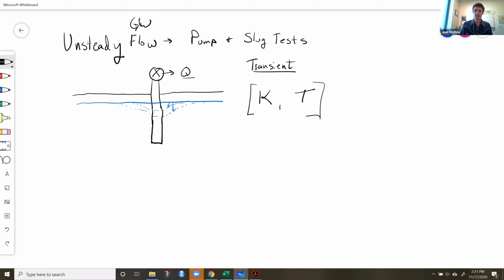And the idea here is that really to get steady state conditions, it's going to take days and days and days. And if you're a consultant, like an environmental engineer, or a groundwater engineer, hydrologist, and you're getting paid to go test the aquifer and figure out how fast this contaminant plume is going to be moving from one place to the next, or if you want to find out how much yield this well could produce, you've got maybe a day to go out there and do this. And so that's why we do a lot of tests that are related to unsteady or transient conditions. And so the first test that I'm going to talk about is the pump test.